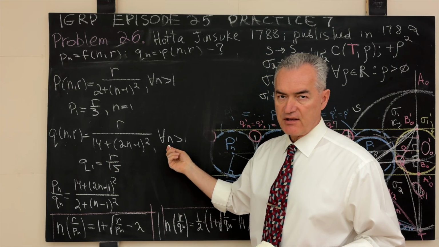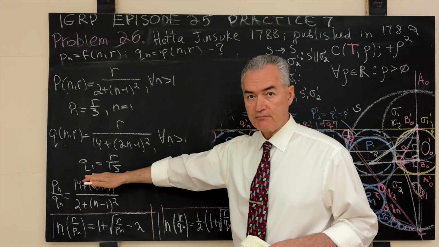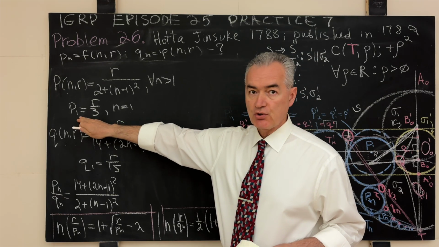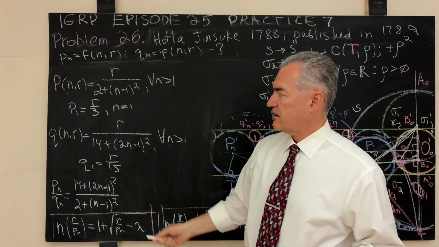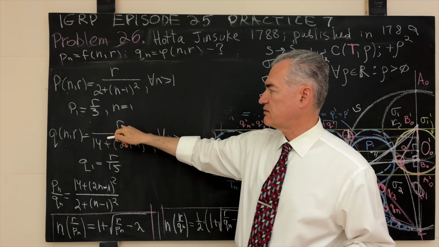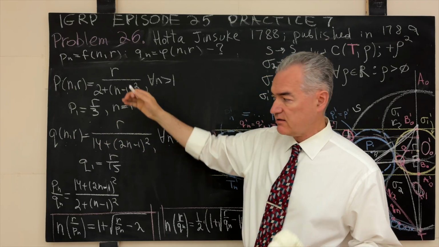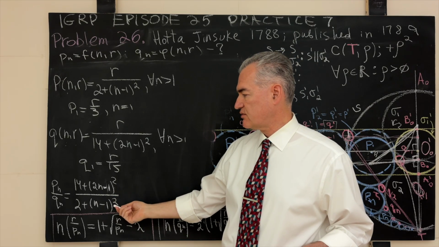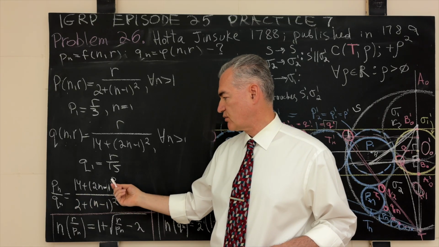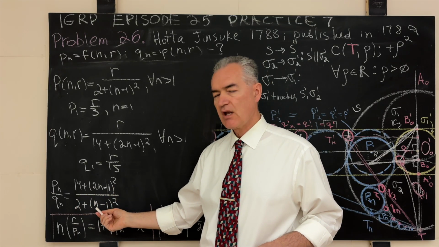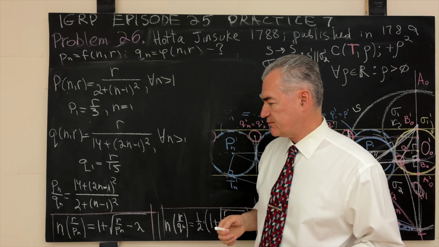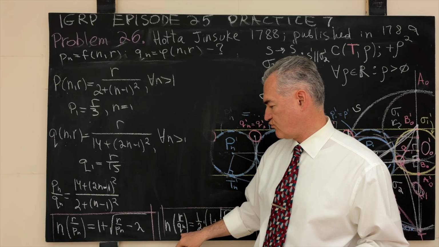Again, for all n greater than 0, here is the result for the very first red q circle, q1, r over 15. For the radius of the first blue circle, it's r over 3. Again, if we construct the ratio of these two quantities, then the magnitude of the radius r evidently evaporates, and we have a nice rational number. Depending on how we flip these ratios, up to you, 14 plus 2n minus 1 squared over 2 plus n minus 1 squared. And as the author of this problem originally wanted, I think he was looking for this formula,